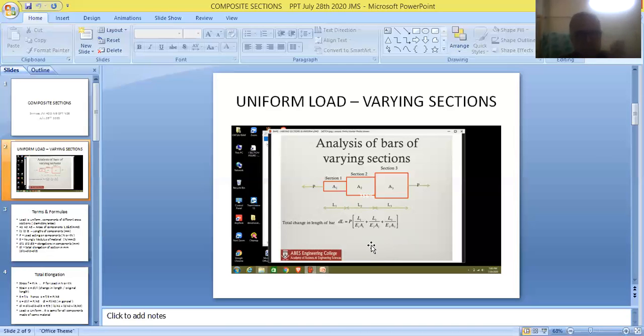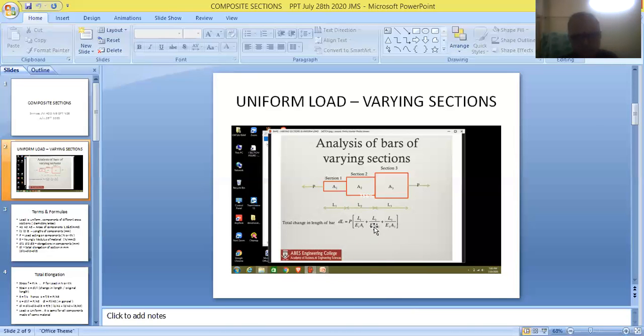So E values will be different. If that is the case, again it has to be brought back into this bracket, and here it has to be written as E1, here it has to be written as E2, and here it has to be written as E3. But friends, in most of the examinations, we come across all the components made up of the same material. Mostly we'll be selecting a common material for making all the components of the section. So if that is the case, the E value will be one and the same, so it can be brought out of the bracket.